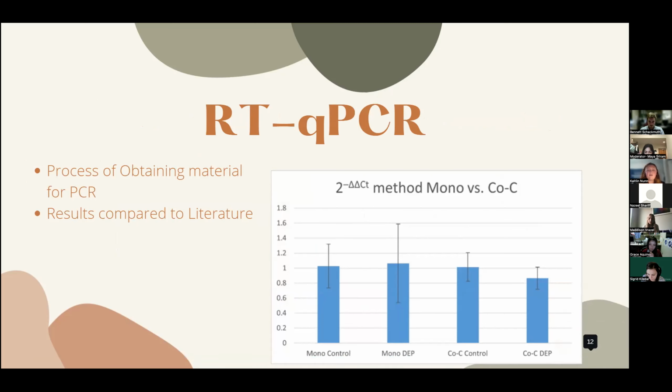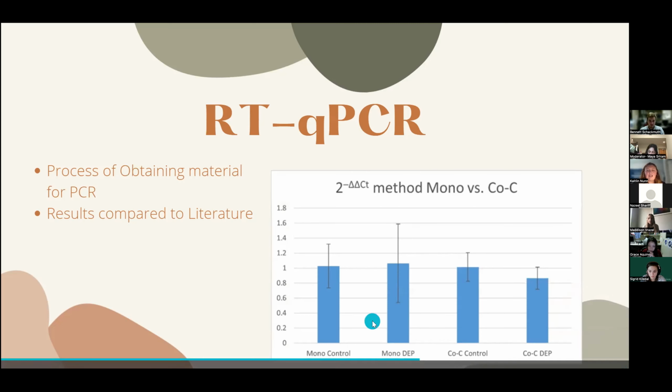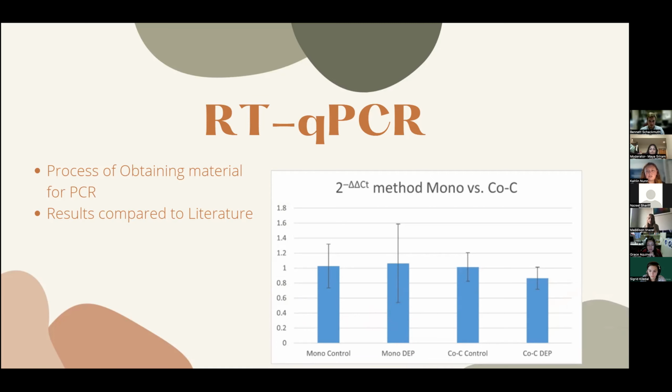For this, we took cells that were either exposed to DEP or not exposed to DEP, extracted their RNA, converted this into cDNA, and then used the cDNA to determine if the protein is being transcribed more frequently. Interestingly, we found that there's very little difference in a monoculture of endothelial cells, and in a co-culture when exposed to DEP, they actually decreased the transcription of